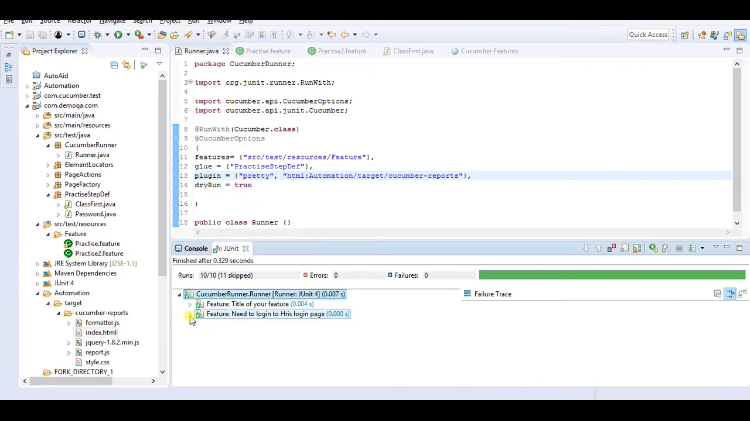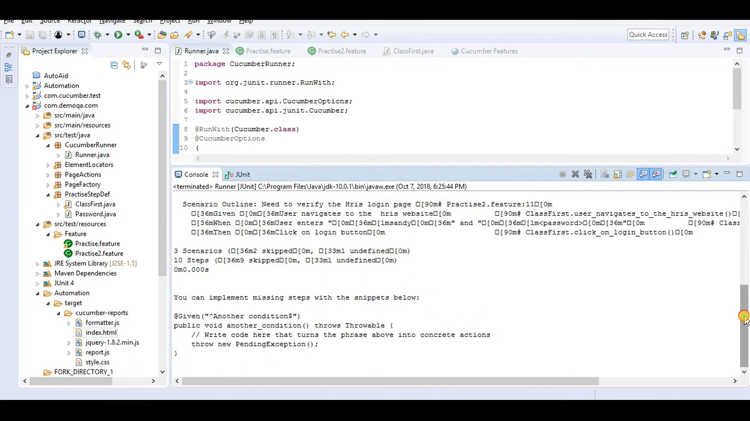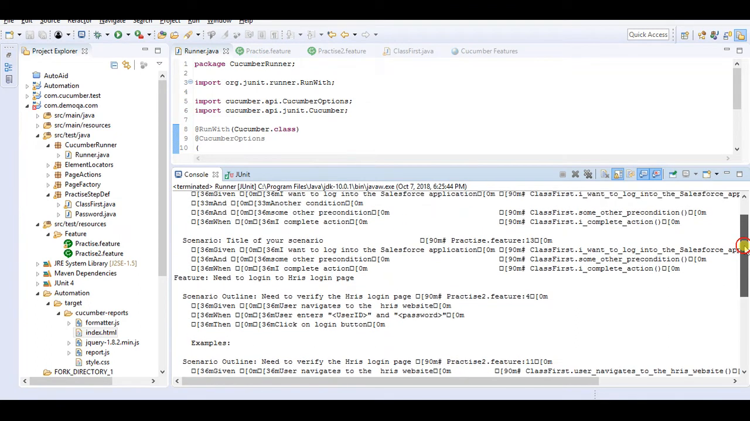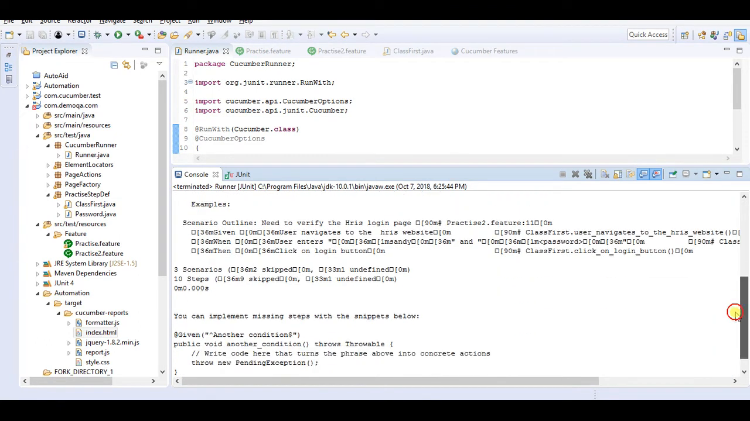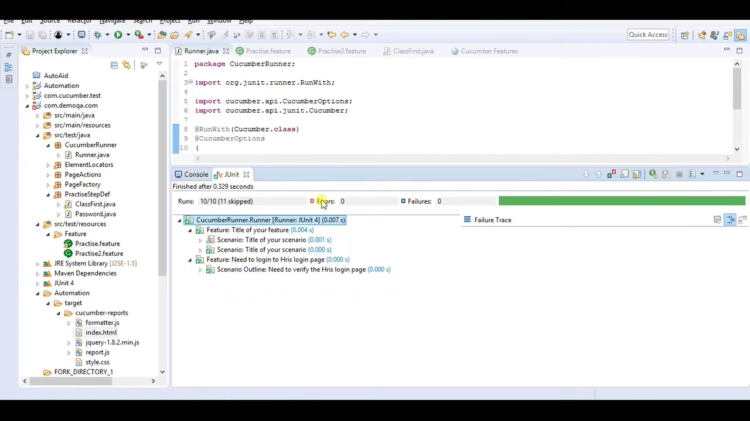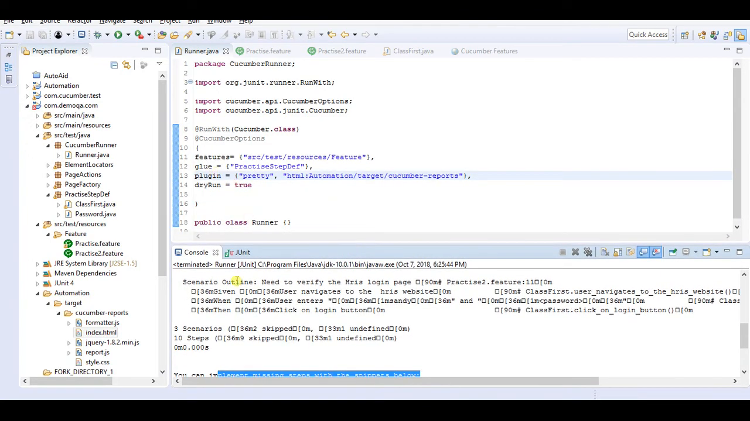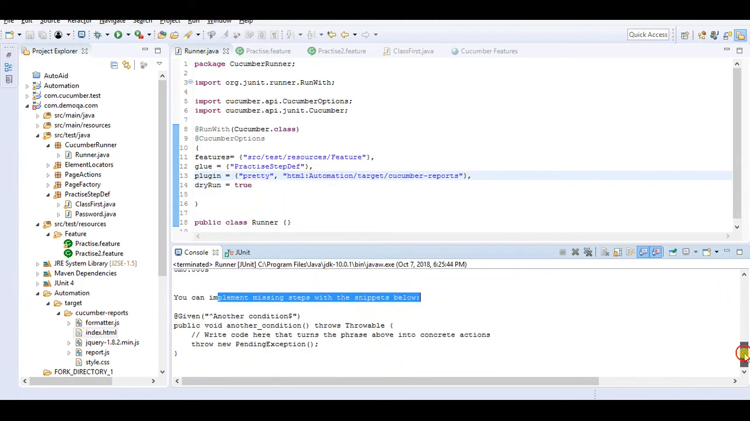Okay, so it has executed all the features, and in the console we can see this format, and you can implement the missing step with the snippet below. Okay, do we have any errors? No, nothing. So it simply indicates that it is not going to execute whatever glue code you have written for the features, but it will simply run the features and check whether you have implemented them. Let's say